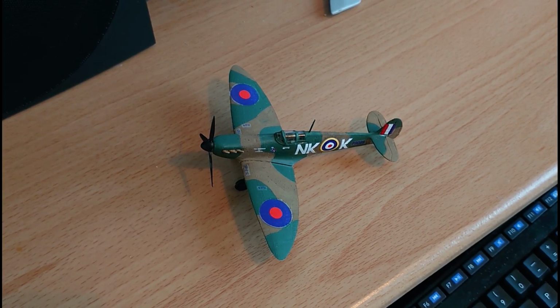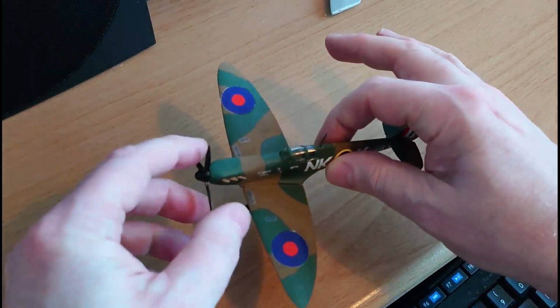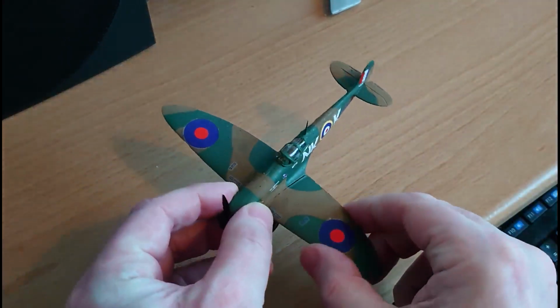frailty of the Spitfire. It's difficult to explain, but when you compare the Spitfire and the Hurricane as combat fighters in the Battle of Britain, the Hurricane was the warhorse. It was the plane that could absorb incredible punishment and still get the pilot home. The Spitfire, on the other hand, you put a couple of 20mm cannons into this plane and it used to fall to bits. It was very highly strung and it was more of a thoroughbred than the Hurricane ever would